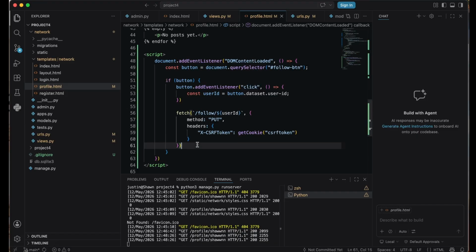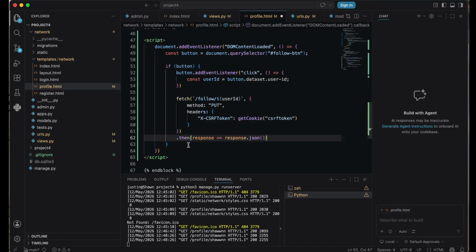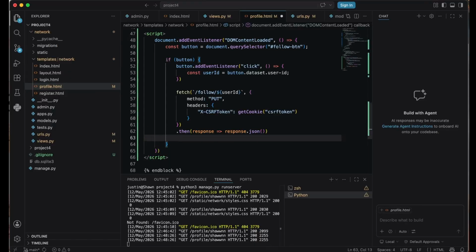If this fetch was able to catch something, then we're gonna parse our response into JSON. After that finishes, we're gonna process our data.